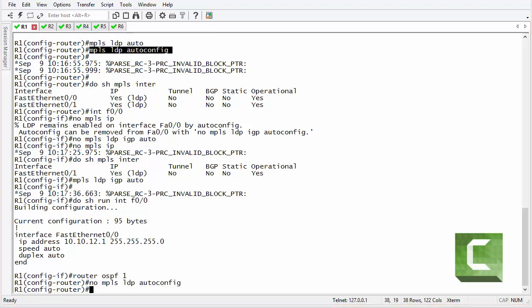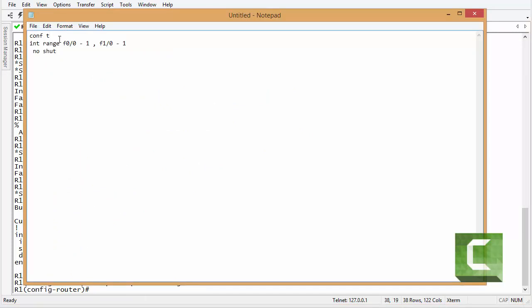Instead of that, I'm going to go to these interfaces and type mpls ip, and I'm going to have all interfaces under MPLS. Of course, I'm going to remove some interfaces from router 1 and router 6, but